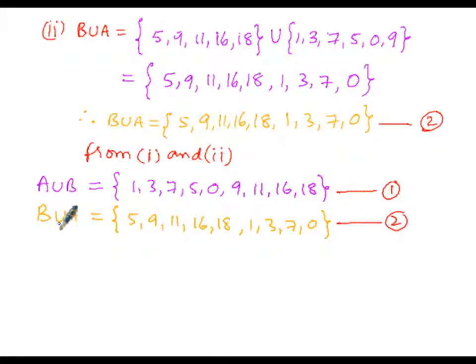Therefore left hand sides must be equated. So here the left hand side A union B must be equal to B union A, because the right hand side sets are equal. Each and every element of the first, A union B, is also an element of B union A. Right hand sides are equal, therefore left hand sides must be equated. So in this manner we got A union B equals B union A. Since A union B equals B union A, the commutative property holds good in this case.